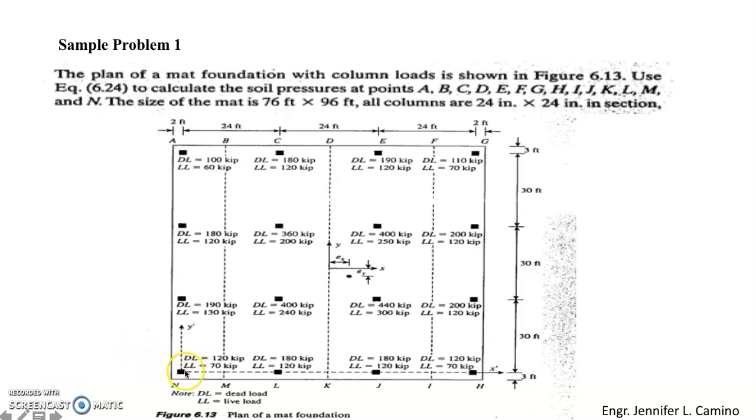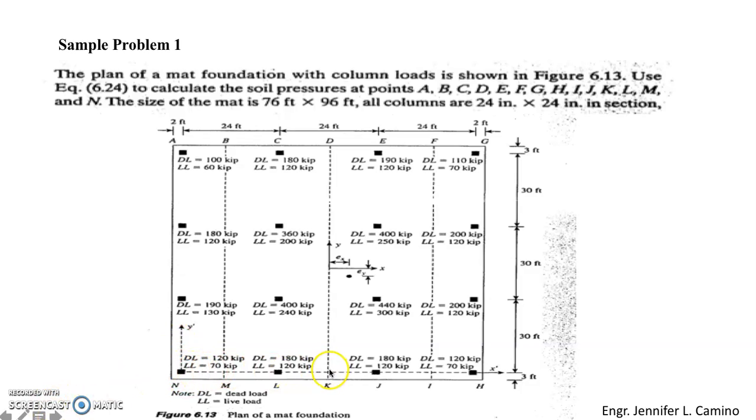So meaning to say, if it's our reference point, the total column load times x prime is equal to the column load. So you just have to add this column load multiplied from the center of this column load towards the reference point. You have to add all of this column load multiplied to each distance to the reference point,